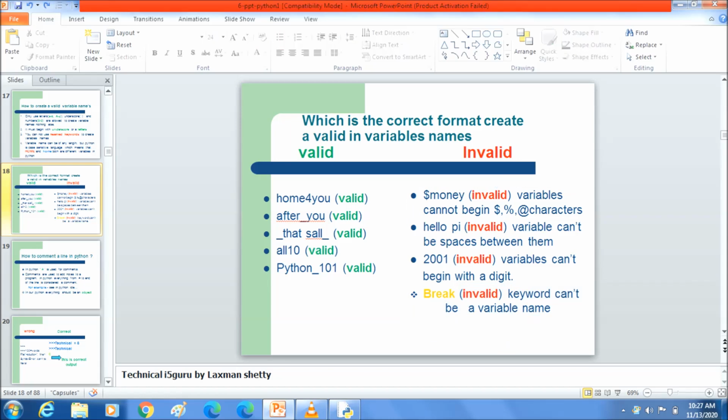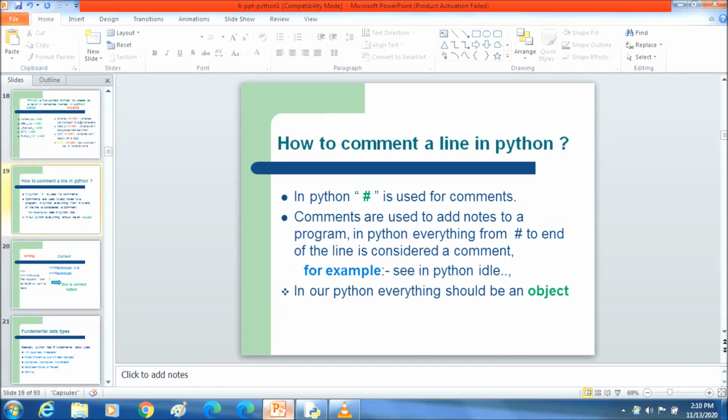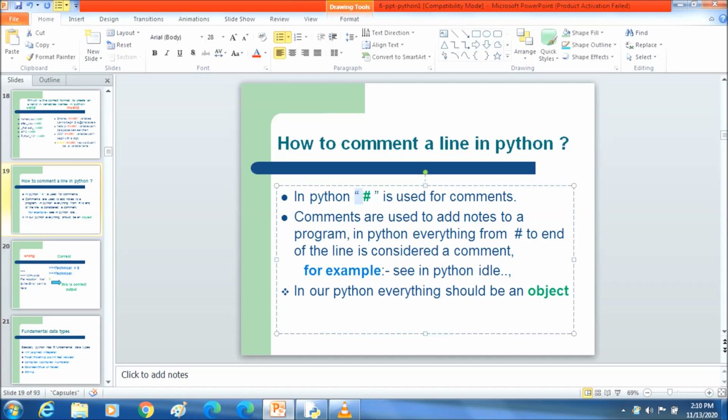You should also know how to comment in Python. In Python, when you write a hash symbol before a sentence, the whole sentence will be commented. Comments are used to add notes in a program.